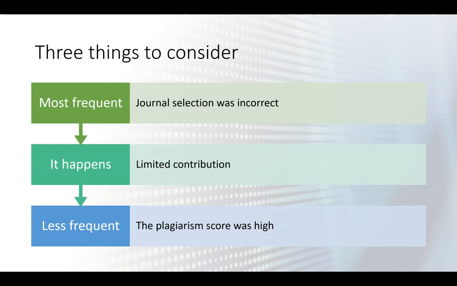So if your paper is written on an issue that the journal you have chosen is not really interested to publish, it might come back as a desk rejection, because the editor might feel that this paper is not within the scope of the journal at this point. Now this might create confusion, because sometimes